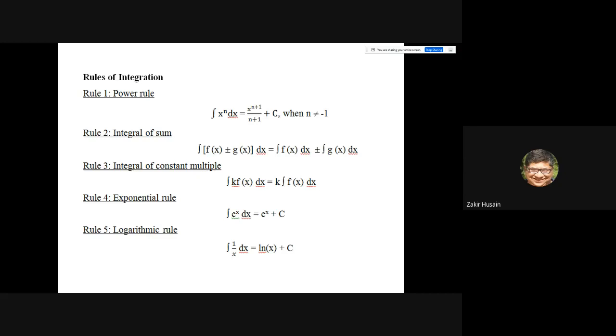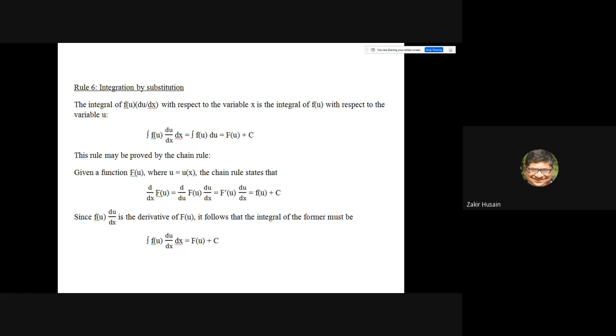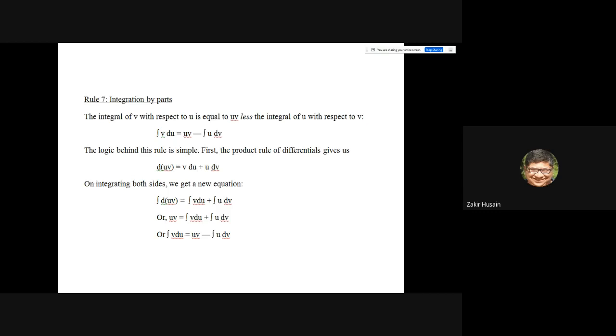By the way, I'm covering this chapter mainly from Hoy, but you should also go through Chiang's chapter on integral calculus. So let us do some simple sums. You will see that there are some parts of Chiang which you don't need, but if you just follow the notes and compare it with Chiang and Hoy's book, you will see which parts I'm using and which parts I'm not. Now, two very important rules are integration by substitution and the next one is integration by parts.